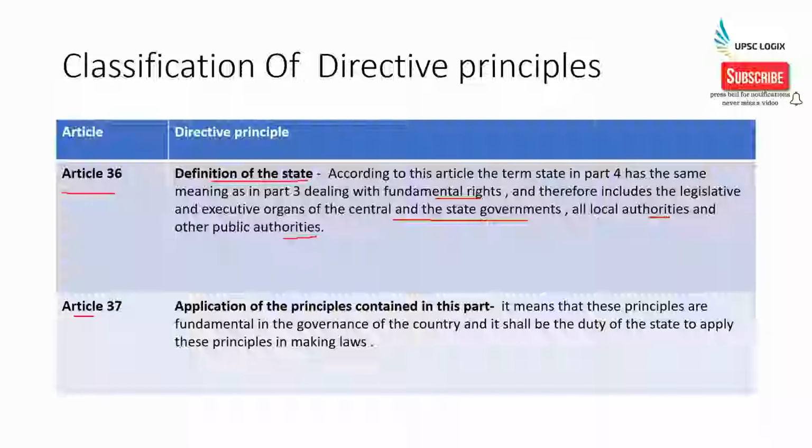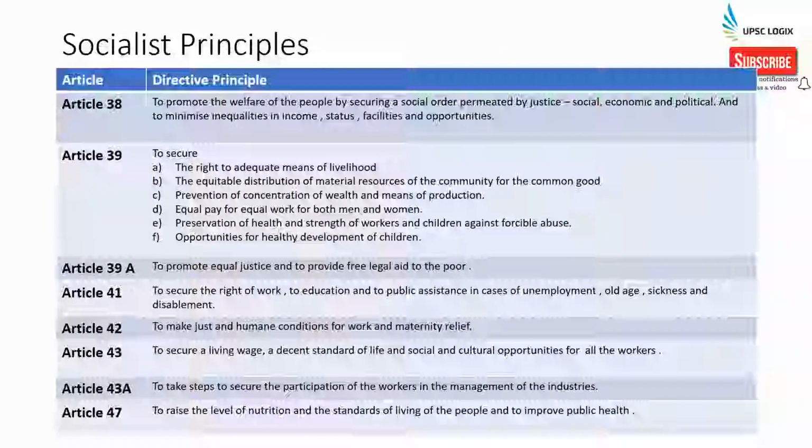Article 37 tells us about the application of the principles contained in this part. It means that these principles are fundamental in the governance of the country and it shall be the duty of the state to apply these principles in making laws. The Constitution does not contain any classification of directive principles. However, on the basis of their content and direction, they have been divided